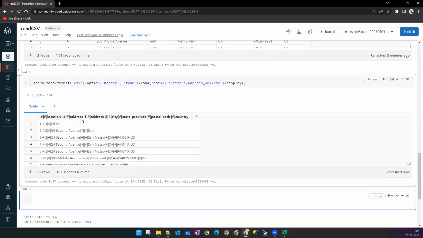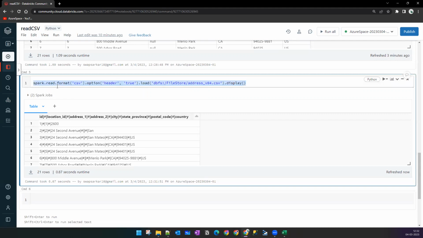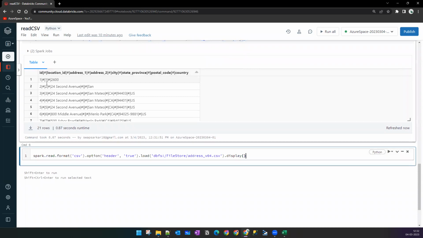Now if you see, it put everything in a single column because Spark also understands that it has to take comma as the delimiter. It doesn't understand what new delimiter I want to specify. So I have to explicitly tell it that it has to take this value, pipe, hash and a pipe as